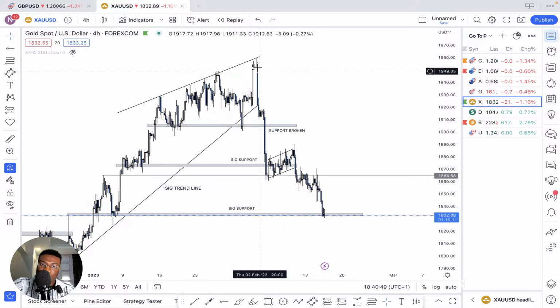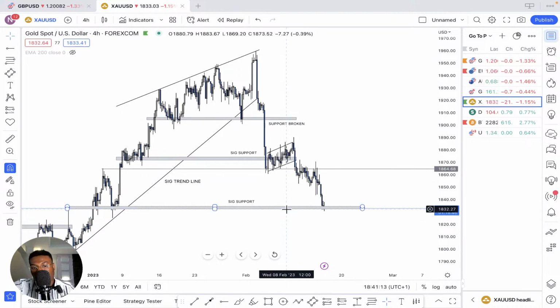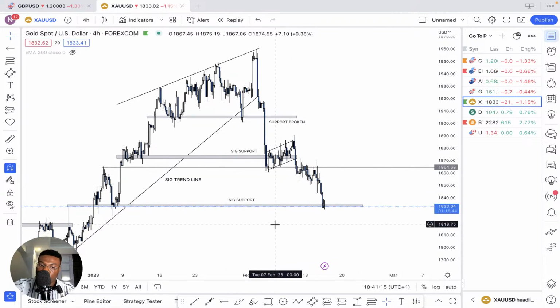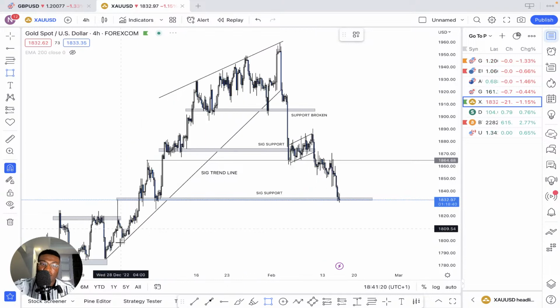But before that, we saw this massive sell-off on gold, and a bearish flag pattern with the consolidation, and another sell-off to the downside, even though this was a bit shaky. But the market broke below the significant support, and where next was it headed? The next one, right? And this is why it's important to have your levels mapped out, because at the end of the day, if you have your levels mapped out, then you can also identify